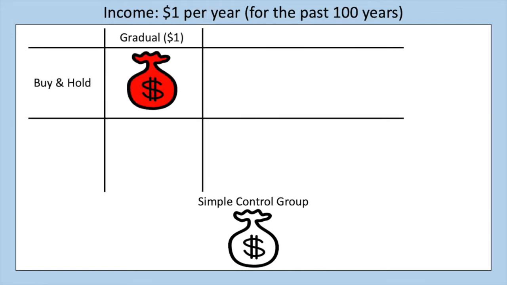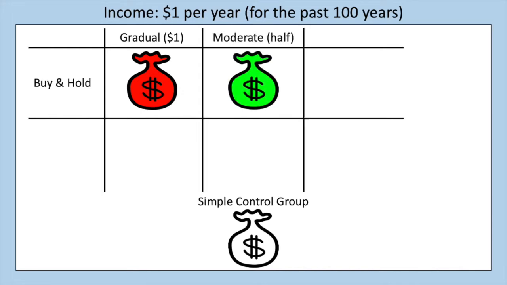Now, let's meet the first experimental investor. This investor will take a gradual buy and hold approach. So basically, if the market is at a relative low, they will invest a single dollar. But if the market is at an all-time high, they will simply hold their income dollar in the bank and wait for another opportunity. They will never sell. Our second investor will be pretty similar to the first, but will take a slightly more aggressive approach. Every year, they will put their dollar in the bank and invest half the money in their bank if the market is at a relative low. Otherwise, they will let their bank accumulate for the next opportunity. They also will never sell.